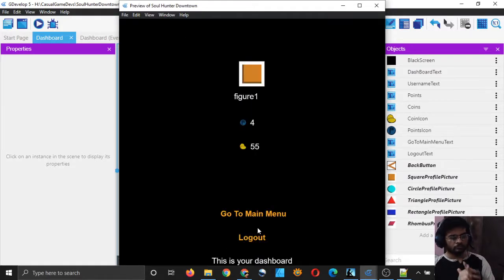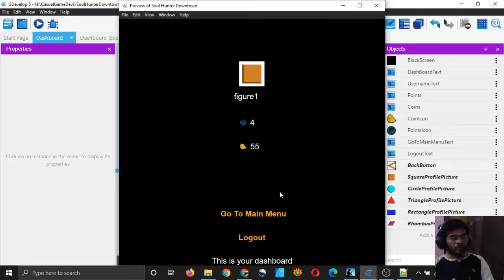Oh, it's coming now. I wonder what changed. Okay, it seems to be working now. If I go to the main menu and click again, I can see my dashboard. So all I did was open the dashboard and log out. So that must have deleted the save file, right? I think something was wrong with the save file, and when I clicked on log out, it got deleted and my dashboard scene got fixed.